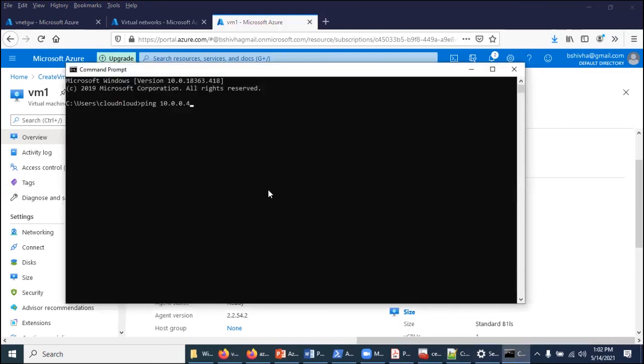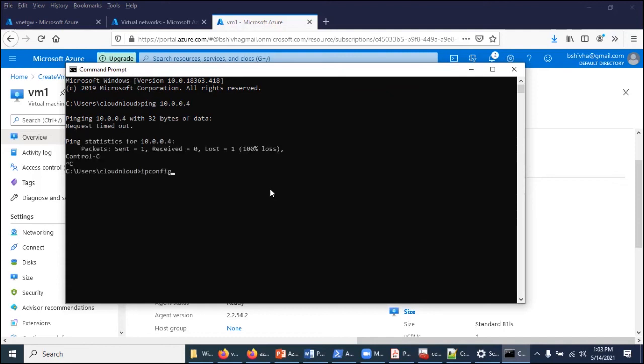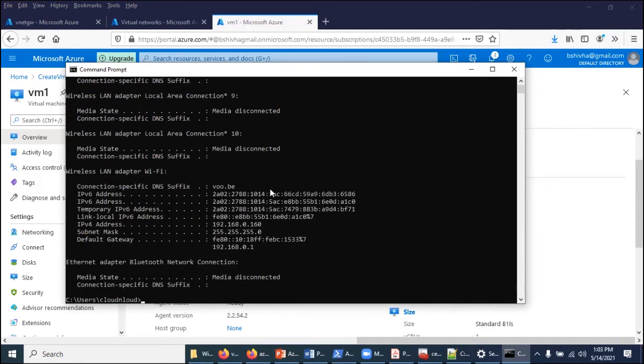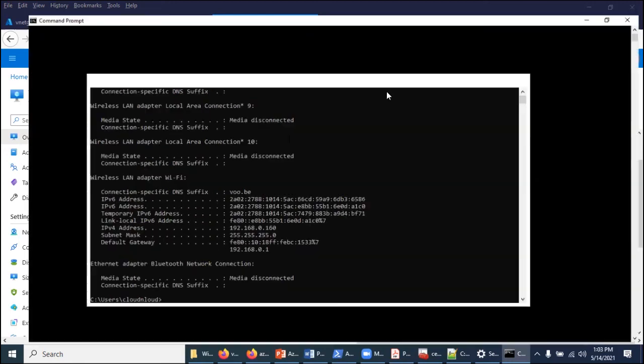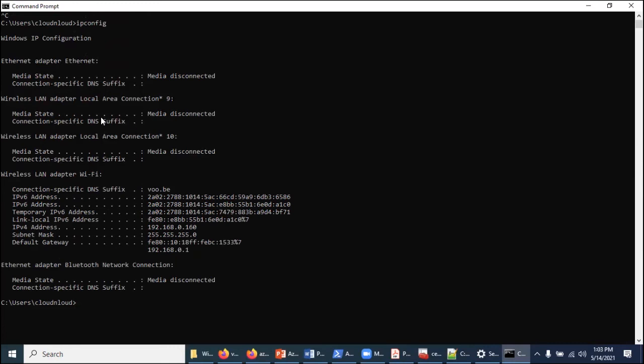Then it will be easy for you to understand. So there is no connectivity because it's a private IP address. And even check the VPN adapter. So there is no VPN adapter, point-to-point, here.